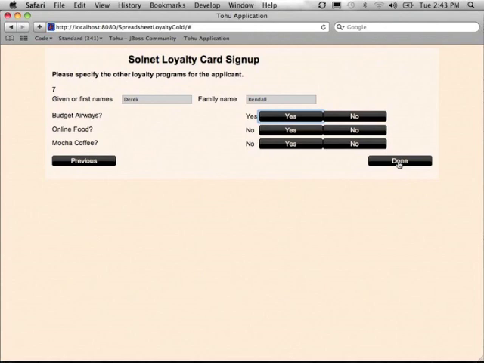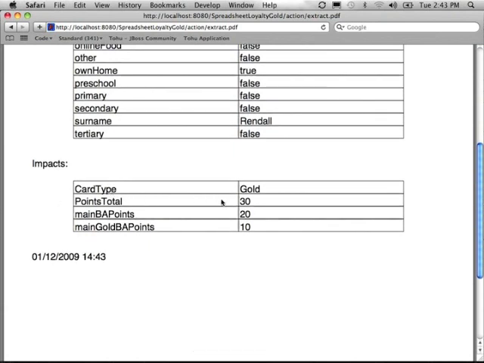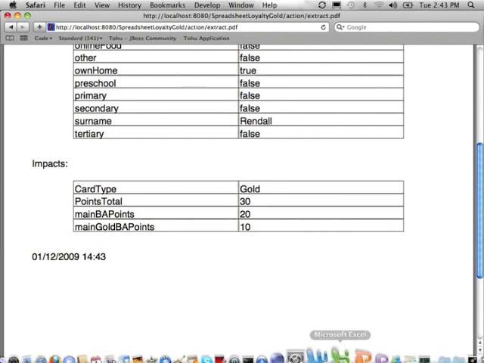And if we click done at this point, what we see is information that we've put in, but here it said that there are 2 items where we've allocated points. They've got 10 points for having a gold classification for their Budget Airways card, and for having a Budget Airways card they get 20 points. The total is 30, and therefore that qualifies them for gold card status. So if we have a look at the spreadsheet,